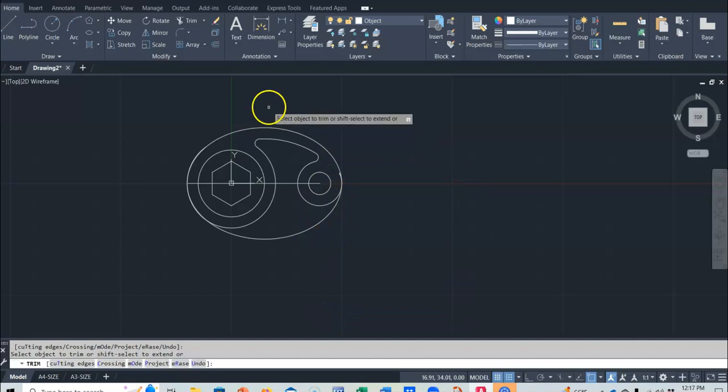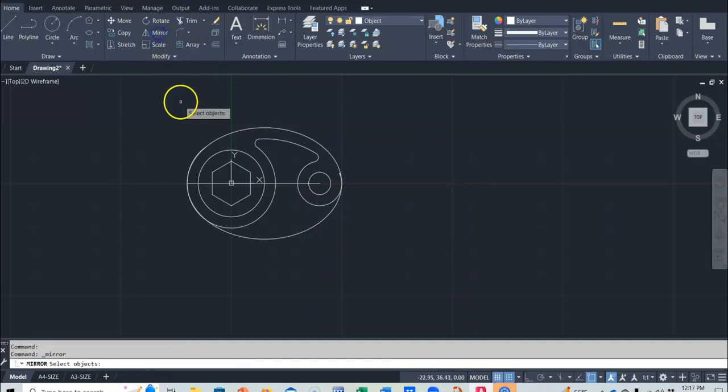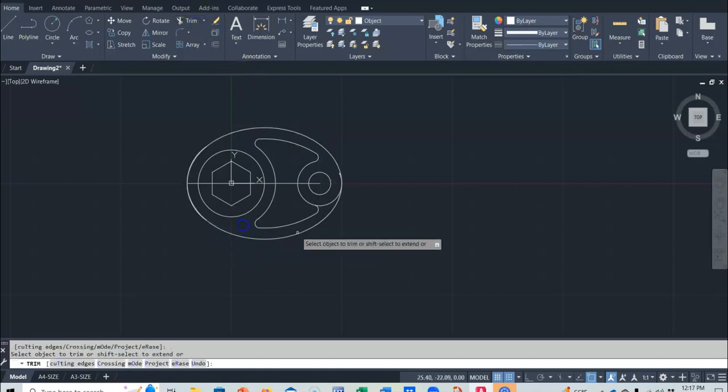I'll clean up the rest in a little bit, but I'm going to use the mirror command. I'm going to mirror this object and this object, and I'm going to have it go right down the middle in terms of the actual mirror. Then it asks, do you want to erase the objects? Yes, no. No, I don't want to erase the objects. Lastly, I'll trim off that,